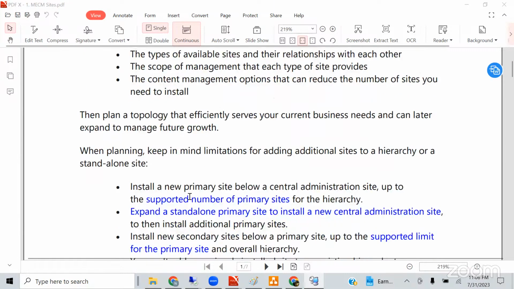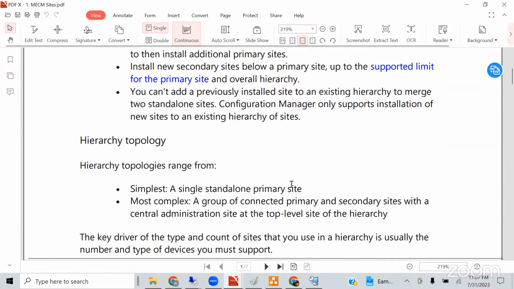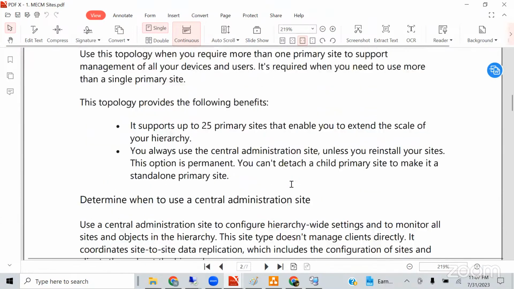Okay, so install a new primary site below a central administration site if needed. Again, the central administration site, if it is needed, is totally optional. Okay, up to the supported number of primary sites. So you can go to this link, everything is available. You will be able to get the information on how many sites we can configure under a central site. Okay, it even shows the hierarchy topology. Okay, what I was talking about here is,